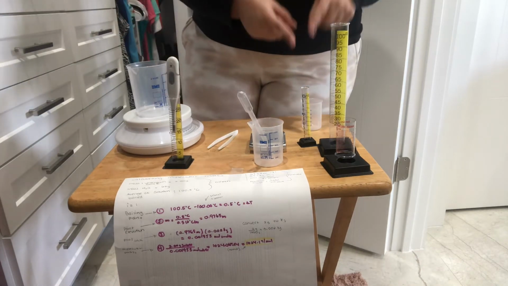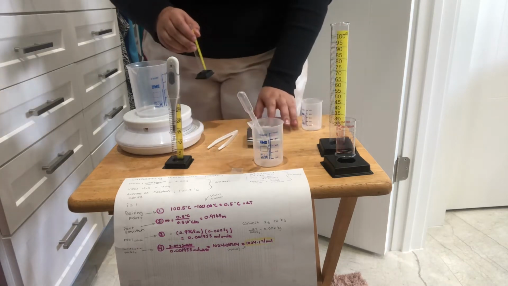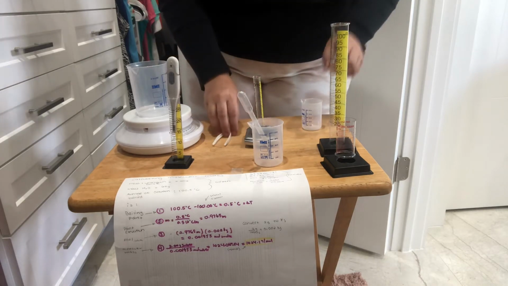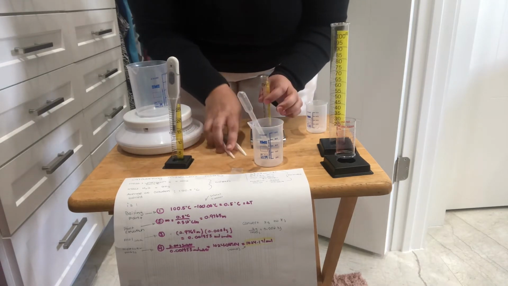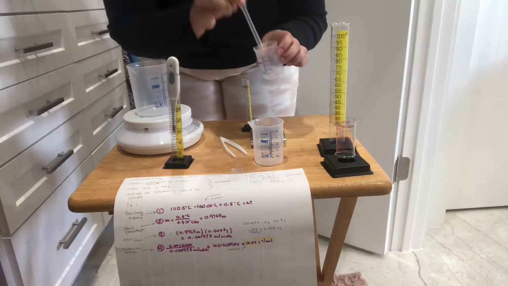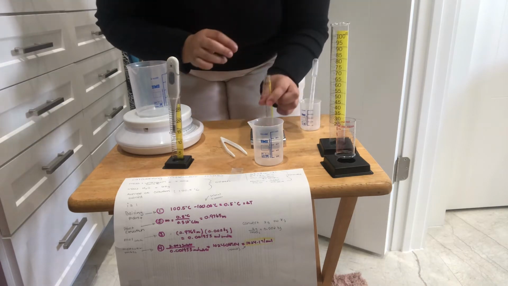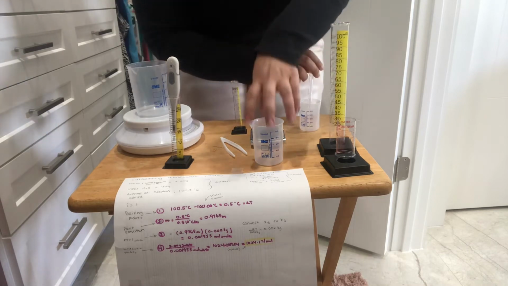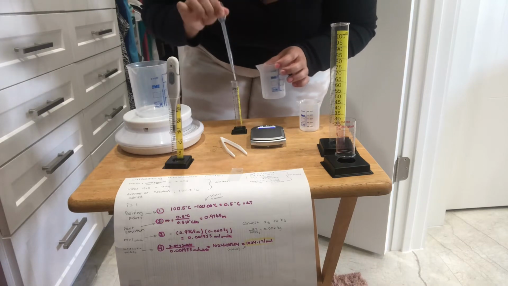Now for test tubes 2, 3, and 4, we're going to actually have to take the mass of them, because we're later going to want to find the mass of the unknown solute, because test tubes 2, 3, and 4 will have the unknown solute. So once we've taken the mass of our test tube by itself, we're going to be transferring 1 milliliter of our unknown solute into our test tube, and we're going to take the mass of the test tube with the unknown solute. And once we've taken that, we're going to transfer with a clean pipette 10 millimeters of ethyl alcohol,